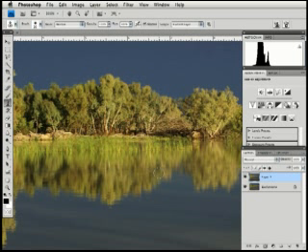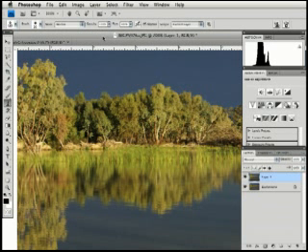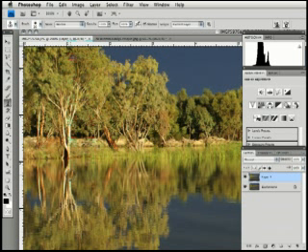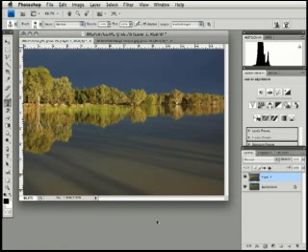See if I can get there from here. I can. My video card's doing some strangeness there, so just ignore that for right now. Now what I'm going to do in a rough way, because I'm trying to show you a lot today, I'm going to use the clone stamp to get rid of this feeling of the tree having this opening in it. And I'm going to do this in a very rough way. There we go. And now I'm going to make the image smaller. And so we're done with the cloning part that I wanted to do. And let me turn that on and off and see what you think so far. Okay, now